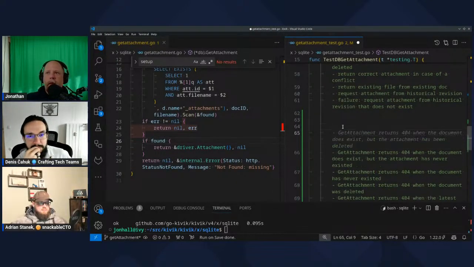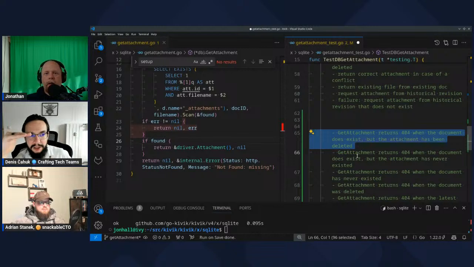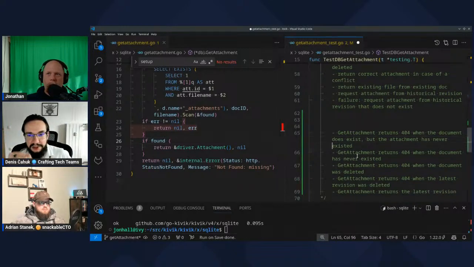And then there's also when the attachment has been deleted. Okay, but I wouldn't put it here. I would put it a bit lower, because I would like to sort it by specificity. So I think below this line would be this case.